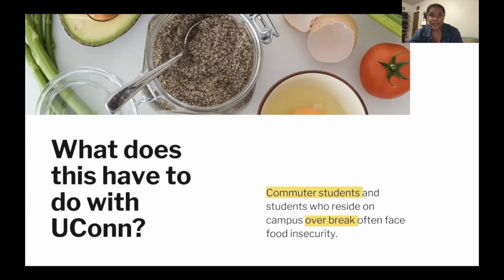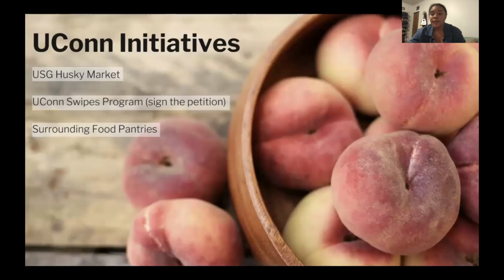So what can we do about it? So some of you may have heard of the Undergraduate Student Government, also known as USG. And each year they hold Husky Market, which is an opportunity for students to pick up free canned goods and non-perishables at the student union, no questions asked. But unfortunately, the food typically does go quickly in about an hour or two. If you want to take part in this, you really have to plan ahead and plan out your schedule to go pick up food. So sometimes there is a shortage, which is unfortunate, but hopefully we can add to that